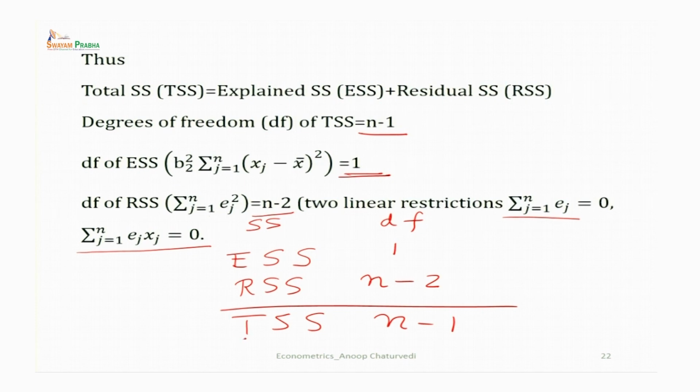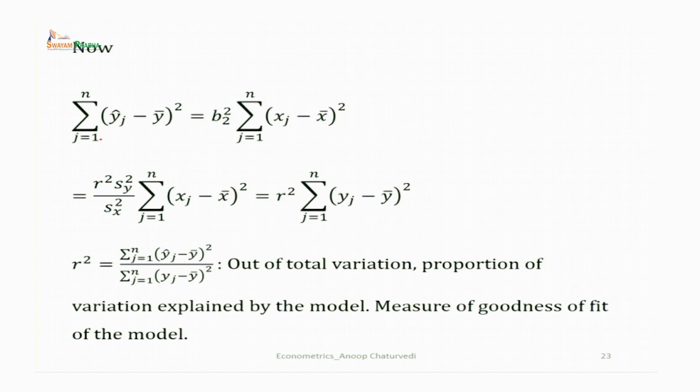So, we have decomposed the total sum of squares into the explained and residual sums of squares, and similarly we have decomposed the total degrees of freedom into the degrees of freedom of the explained sum of squares and the degrees of freedom of the residual sum of squares. Now, if you take summation j equal to 1 to n (y_j hat minus y bar) squared, this is equal to b2 squared times summation j equal to 1 to n (x_j minus x bar) squared. Then b2 is equal to